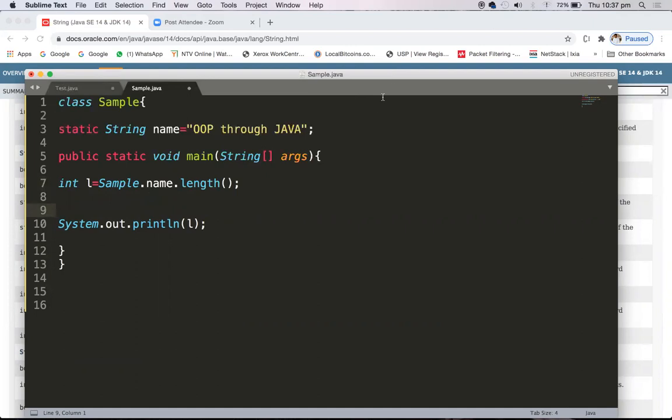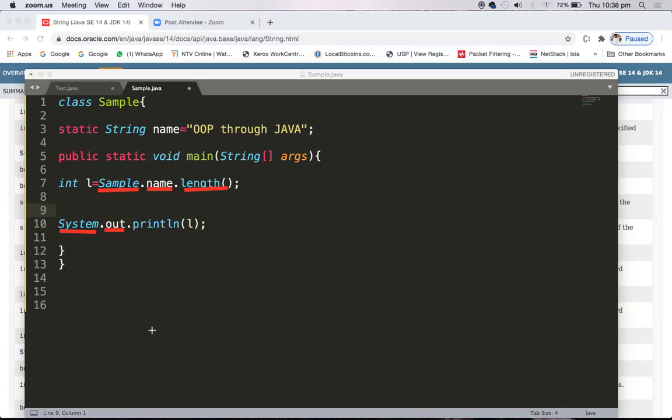So what we are doing, Sample is the class in which name is defined. Name actually is a static one. So Sample.name, and the name type is String. String has a length method, so I am able to call this. In the same fashion, in the System class, we have an out member, and out is of type PrintStream, and PrintStream has a method called println, by using which I am printing. Now we can correlate Sample.name.length with System.out.println.